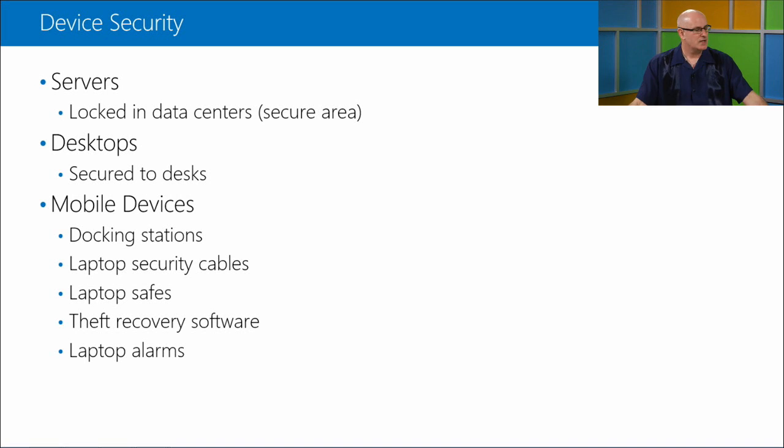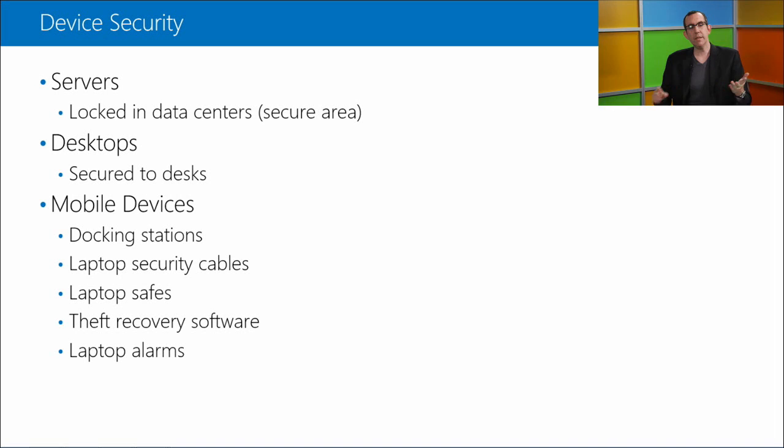Absolutely. Desktops secured to desks, and then mobile devices, docking stations, security cables, safes. One thing you don't see very often is physically secured hardware at the client level, desktops and laptops. So in this case, the security you're going to mitigate another way. We have this laptop, we could buy some hardware and lock it to the desk, which kind of defeats the purpose of it being a laptop. You hamper mobility. You do. So instead, you build systems that prevent sensitive data from being on that laptop in the first place.